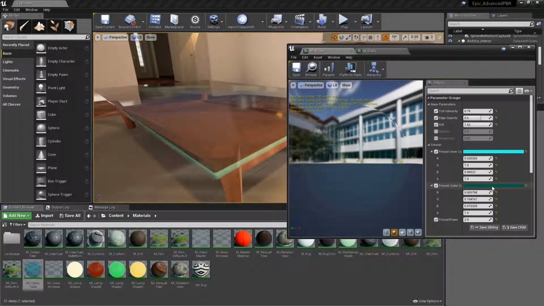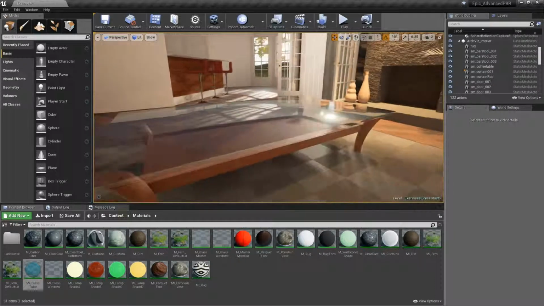For the Fresnel color, any color will work here. In fact, if you wanted to have a red tinted glass, you could certainly do that. But if you'd like to have the same basic coloration that I'm using here, just be sure that your red, green, and blue values for both of these colors are set as you see on the screen here. For Fresnel power, we're going to set that to a value of 2. And your table should look something like this. Let's go ahead and close down our material instance